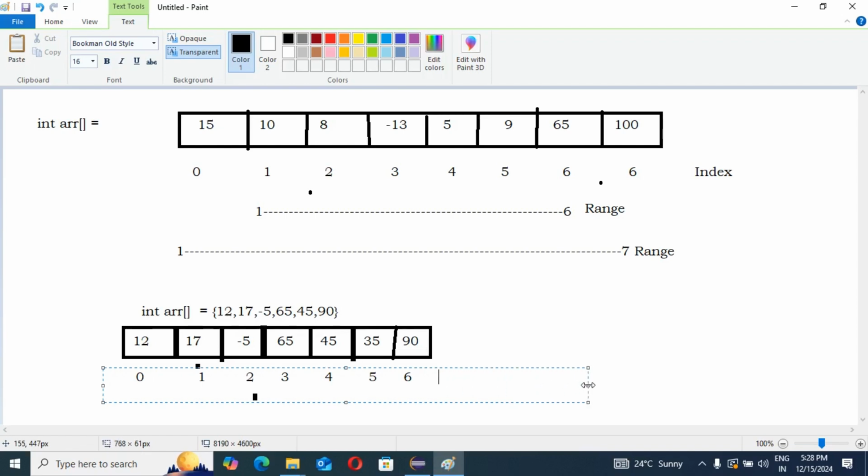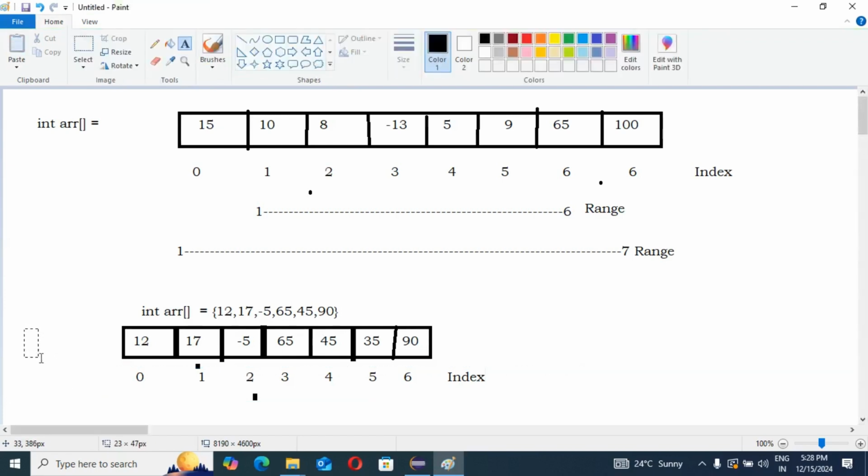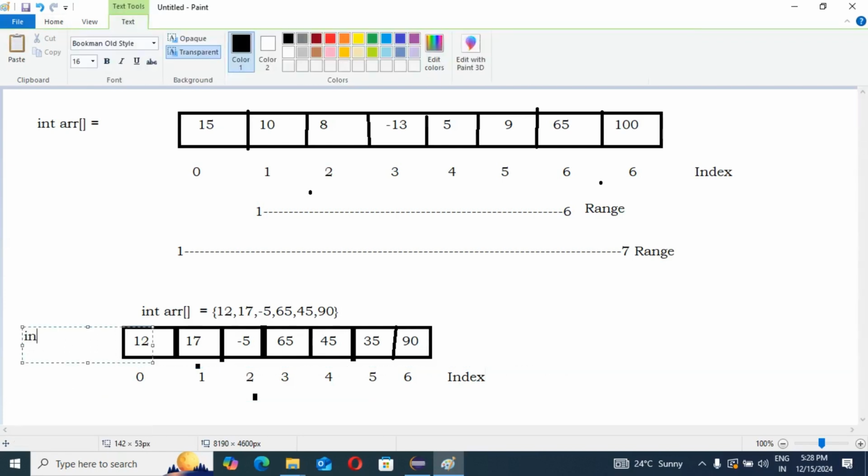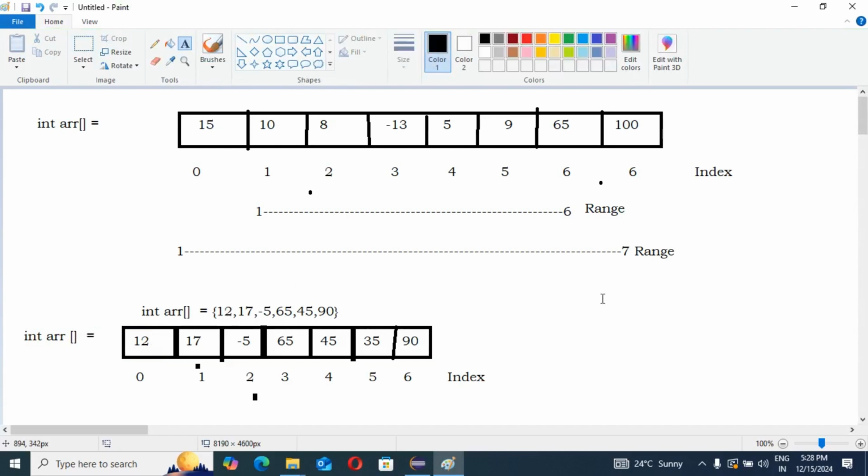Okay, that is the index. I'm writing these things so you can understand very clearly and have no confusion. So this is your array.